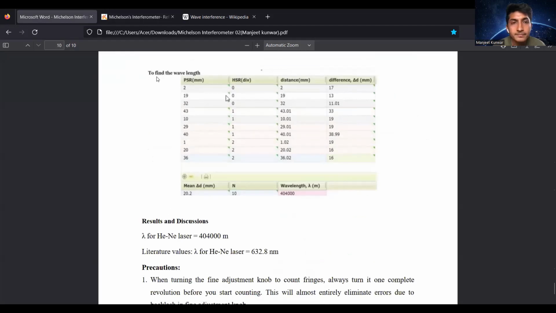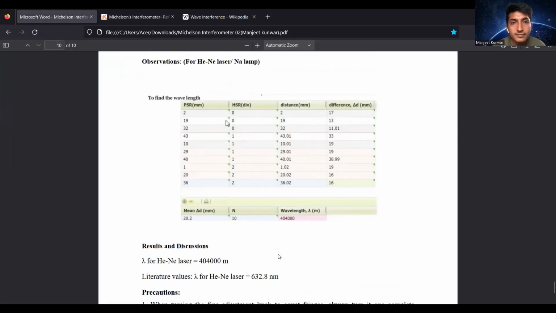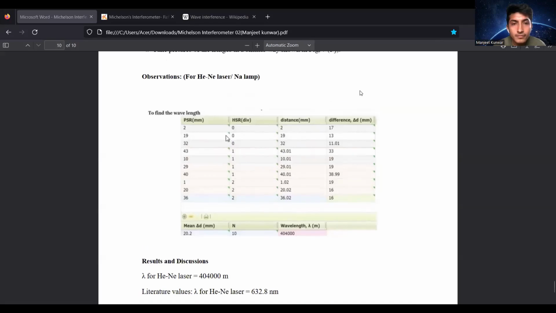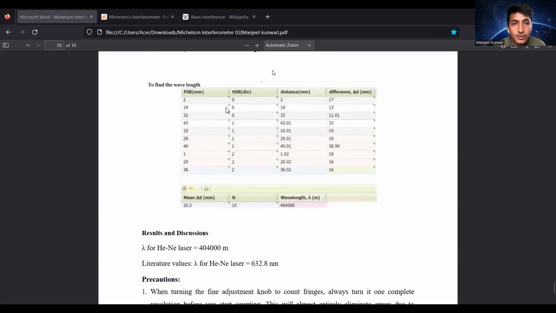Here I have written down how to find the wavelength, and here is our calculated data, which is our lambda wavelength of the helium-neon laser, and the literature value for the helium-neon laser is 632.8 nanometer, and this is for the wavelength of the helium-neon laser, and I'm going to